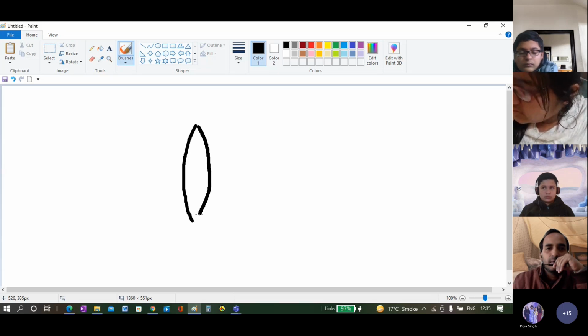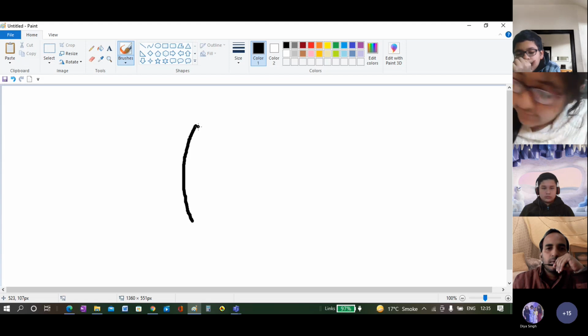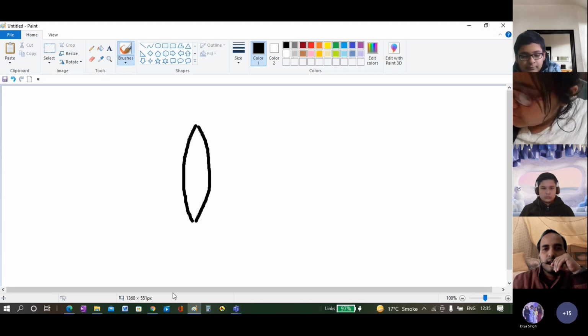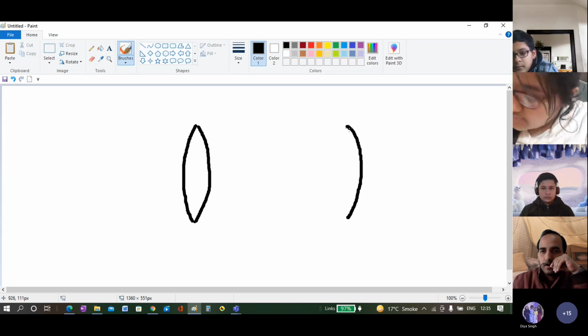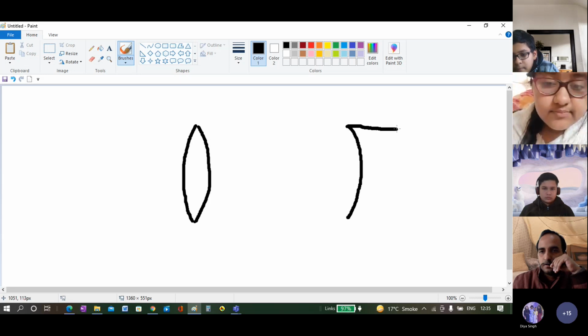So this is the example of a convex lens, right? And if I say concave lens, in the case of the concave lens, it is curved inside. Can you see it, all of you? So this is an example of